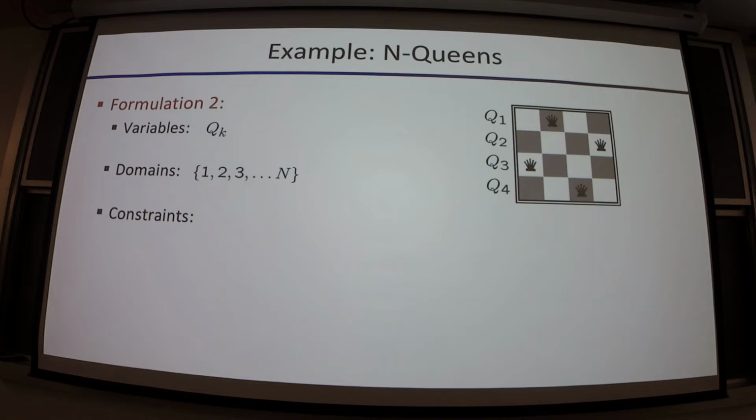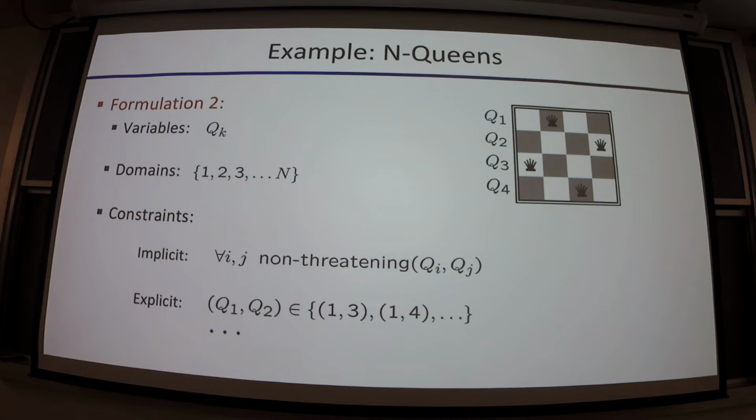And so now what do our constraints look like? Well, we have way fewer variables than we did last time, but our constraints are a little more complicated. Well, we could just use this notion of implicit constraints. For any two queens, they can't threaten each other, right? That's fair. You could write this out explicitly, but it gets much more complicated. For instance, you could say something like this, but it'd be a lot of these. So the map coloring problem and this are two examples of CSPs, and we'll use both of these moving forward.